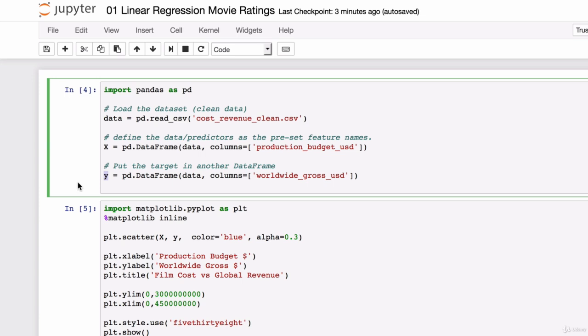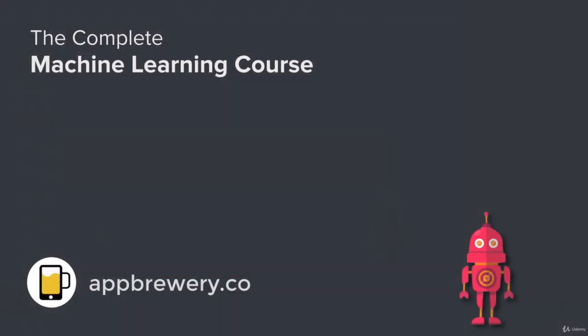All of these variables are holding on to data. But in contrast to the variables my age and restaurant bill, these X and Y variables are not holding on to a single value. They are holding on to lots and lots of values at the same time. And I'm going to show you guys how that works in a little bit. But before I do that, let's talk about another key concept that we need to understand when working with variables,